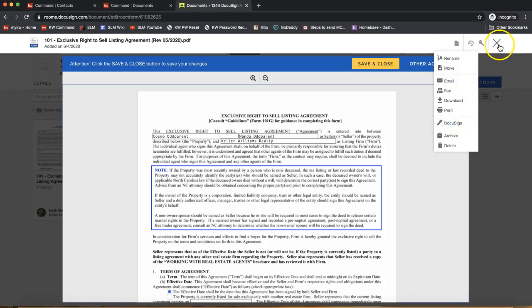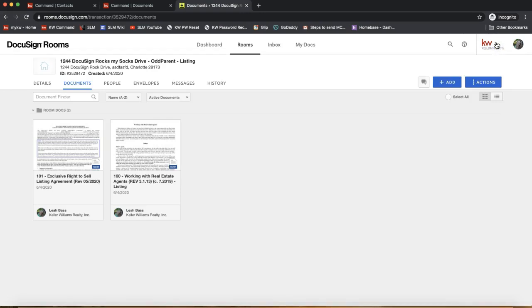All right, guys, so I'm Xing out of this so I can show you now how to add PDFs to DocuSign. So I'm Xing out on the top right, but that's how you would print out the form to bring on your appointment. Okay, so in this situation, let's say the agent on the other side doesn't use DocuSign, so they just emailed you a copy of the offer to purchase signed by their clients, let's say. So in this example, the buyer has signed the offer and has emailed it to you, the listing agent, and now you save the offer to your computer. All right, whatever the situation might be, you have the document on your computer, and now we can come up to Add on the top right